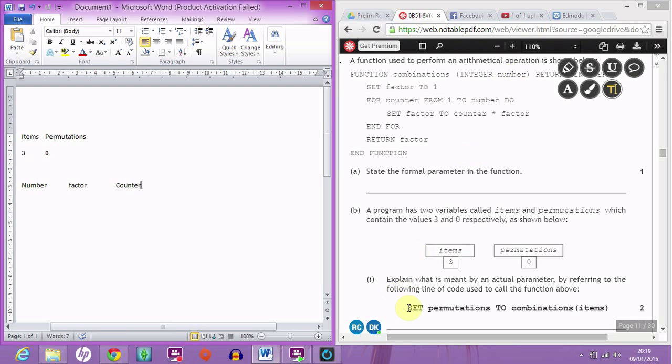Right, so let's jump down to my line. Set permutations to combinations and pass in items. Now the word items doesn't get passed in, because remember you're passing in the data. Parameter passing is passing the data. So what is it that's getting passed in? Well, it's not the word items, because remember this line here is calling the function. So whatever this function returns is getting put into permutations. So this